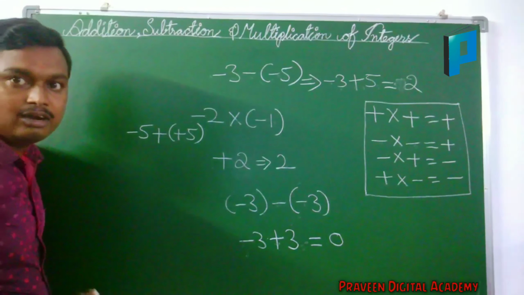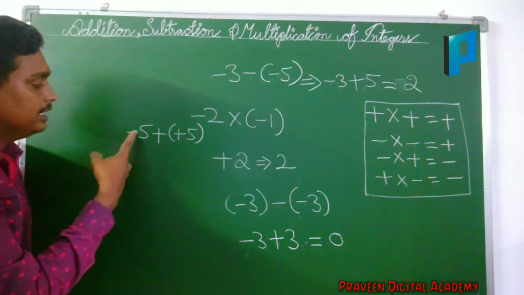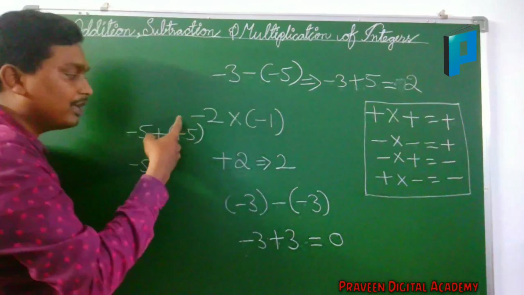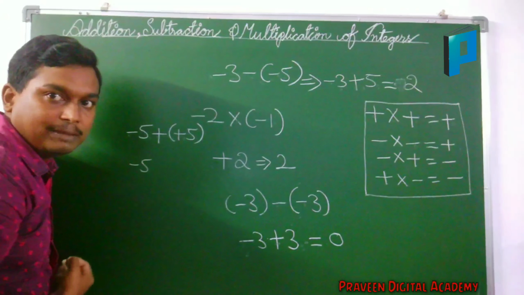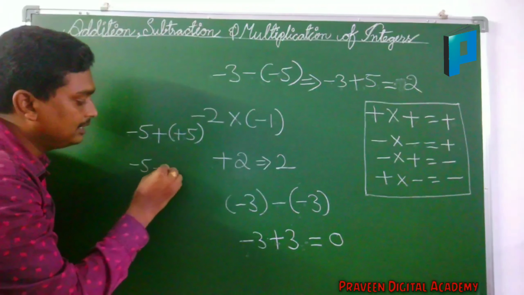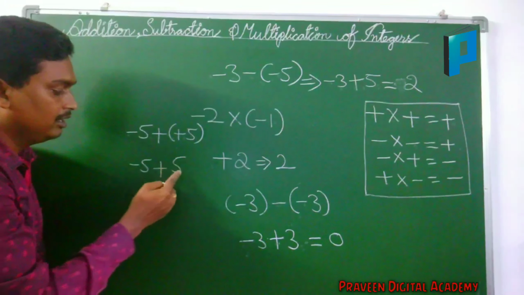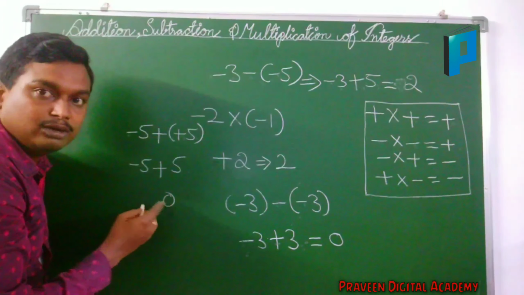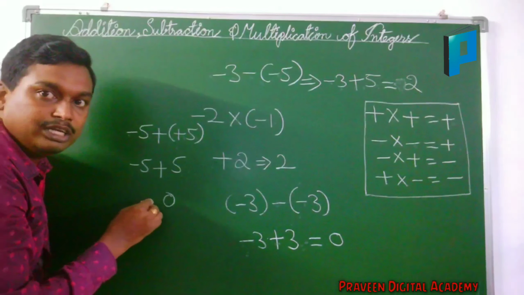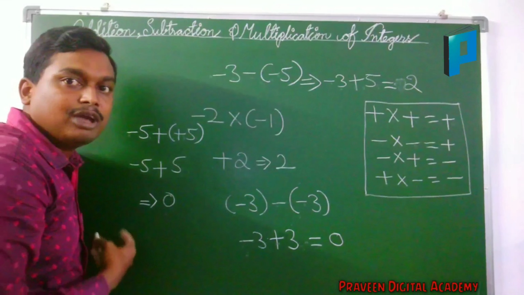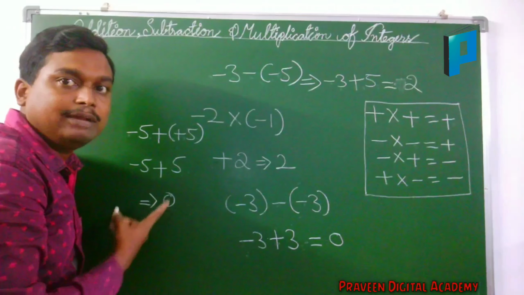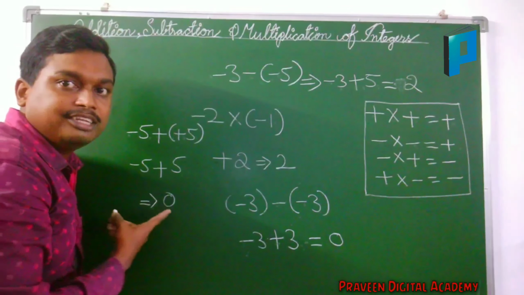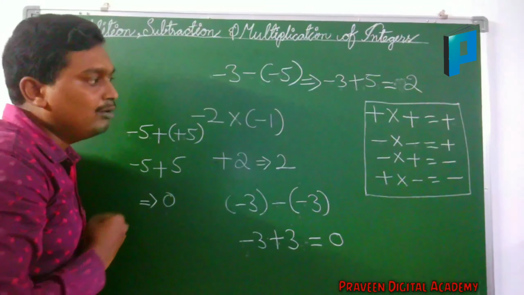If you are having like this, minus 5 of plus 5 is there. What we will write here? Here minus 5 we will write like this only, plus into plus. Plus into plus is plus only. If you are having bracket, we will consider it as multiplication. Plus into plus is plus, we will get here 5. Plus 5 minus 5. Same numbers are there. 5 minus 5. How much you will get here? 0. 0 is unique. 0 is neither negative nor positive. So 0 itself is 0 only. If you are having other than 0 here, you can keep the higher number sign. Here 0 is there. 0 will not have positive, will not have negative.